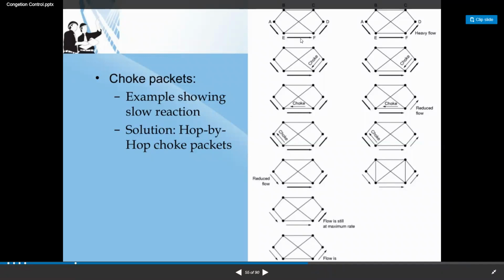A to E, E to F, F to D. It will take more time. See, for A, this is a heavy flow. Next,